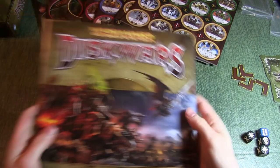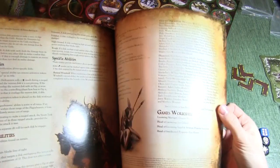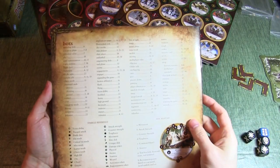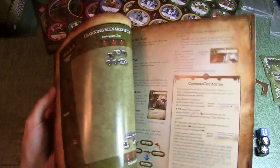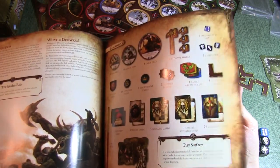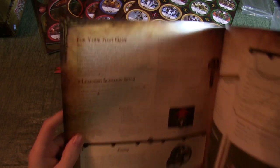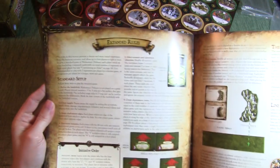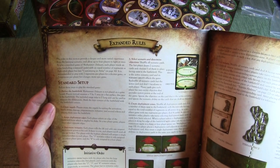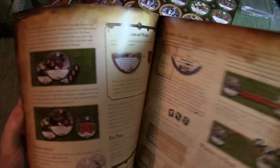Here, let's start with the rule book. It's, as I said, 24 pages long, full color. Has an index on the back, which is handy. What's really interesting about this one compared to other rule books is that it does have a tutorial scenario. And it'll say there for your first game, and then a few pages in, that's the setup for the learning scenario. And then later on, after you've learned everything to sort of get going, there's the expanded rules section that goes into more detail. So you can get going with the game by just looking at the first 11 pages